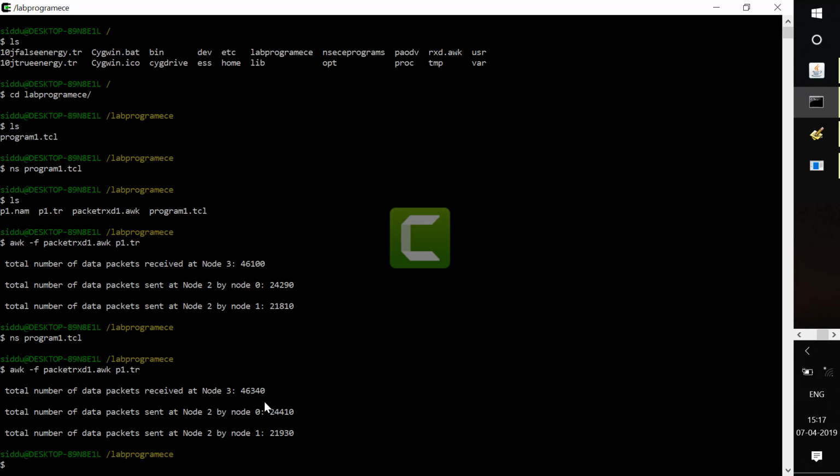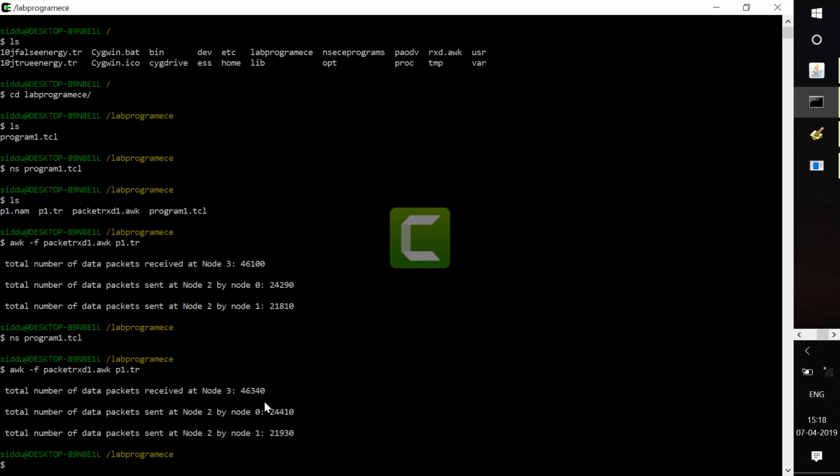If you subtract received packets from sent packets, then you will get the number of lost packets. Initially sending 100 packets but received is 50. 100 minus 50, 50 is the lost packets. That is one network performance parameter.